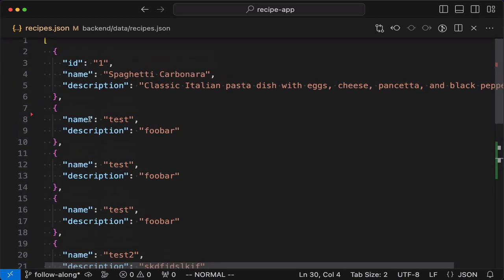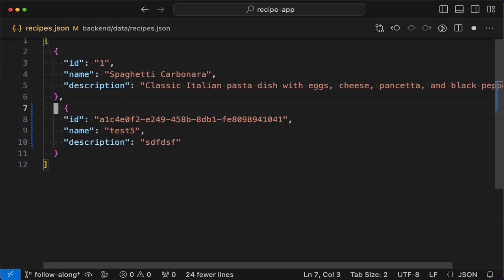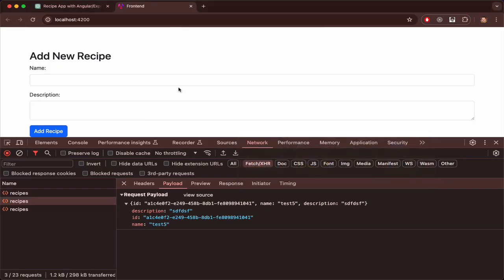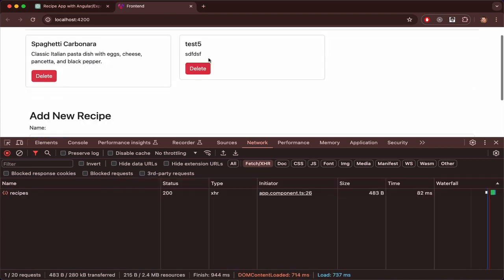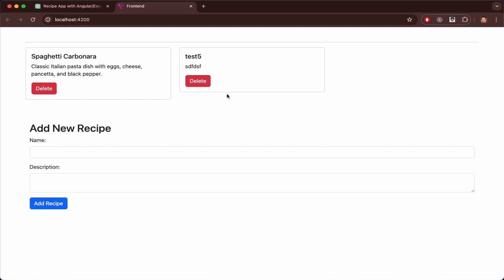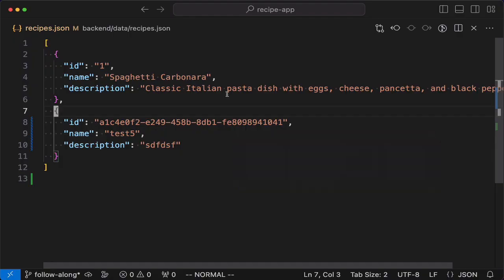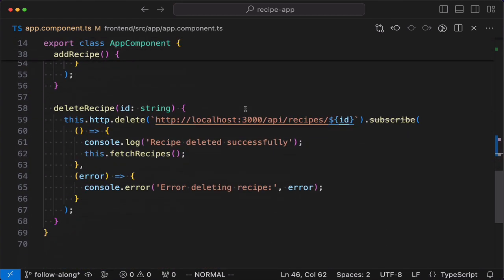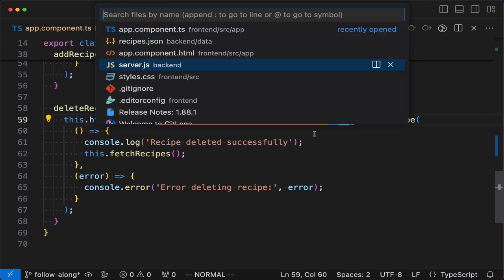So now let's just delete the ones that don't have the IDs. We'll refresh this page. All right, now we just have those that have IDs. And now when we click the delete button, let's look at the implementation. Now the delete button will pass the ID to the backend. Now let's see what the backend is doing with that ID. We'll go to the servers.js,